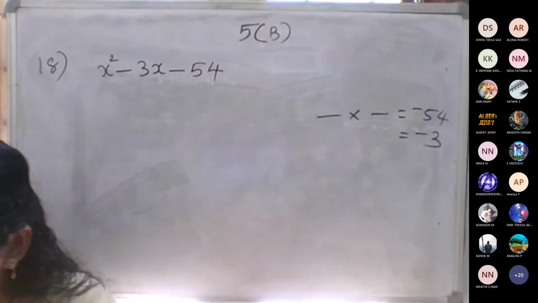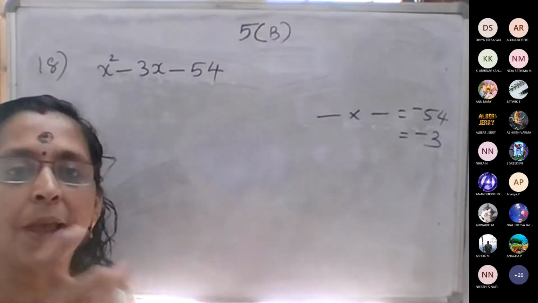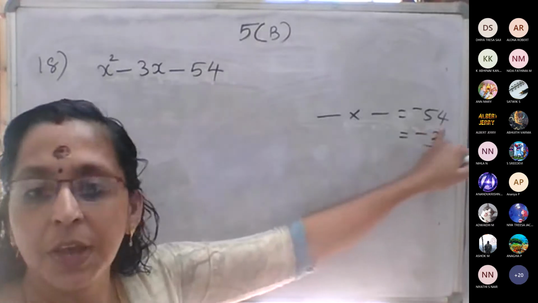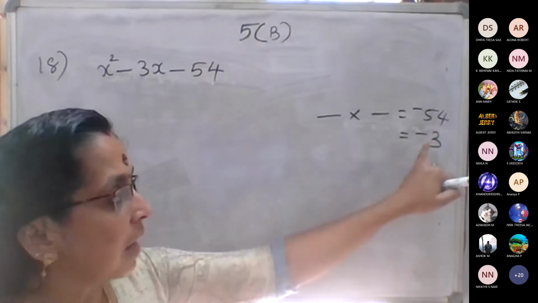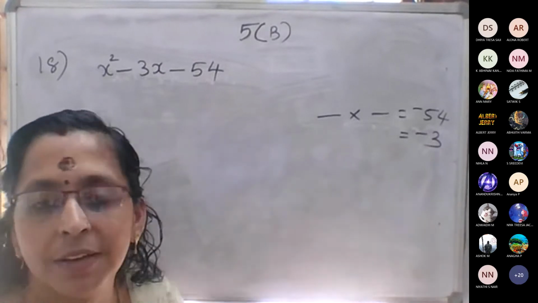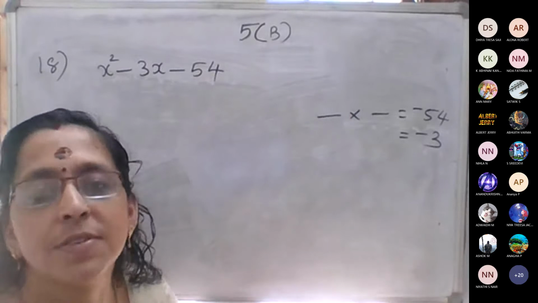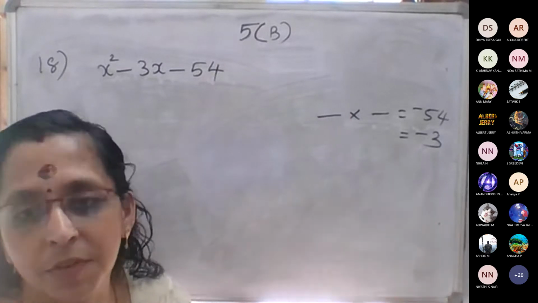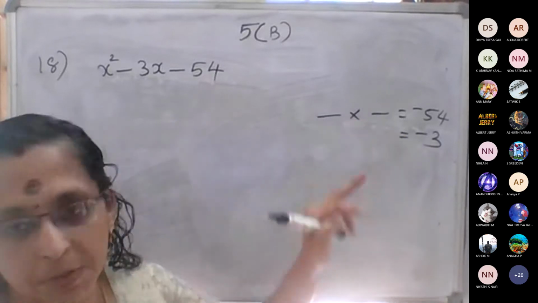Or else you will not get the answer. If we multiply any two numbers, we have to get negative 54, and the same numbers have to give negative 3. If we keep thinking and don't get it, we are simply sitting and wasting time. So what is the use of that? If it is factorizable, then only we will get the value of these two numbers.